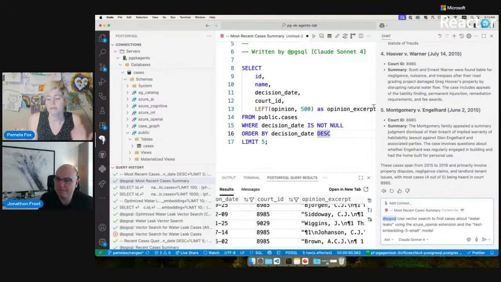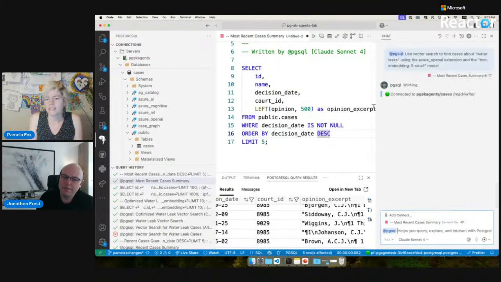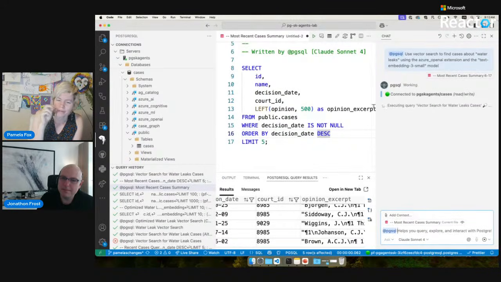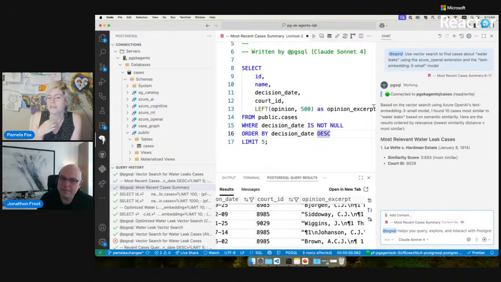It's very important that we're specific about what model we're using because it's not clear from the database, and you have to use the same model that you generated those embeddings with. I think it'd be really cool if we had a way to annotate a column and say, oh, this was made with this model. That's why when I make columns, I actually try to put the embedding model name in the column name. So I'll be like, vector embedding 3 small. That way I just look at it and I know, and I'm not going to accidentally use the wrong model with it.